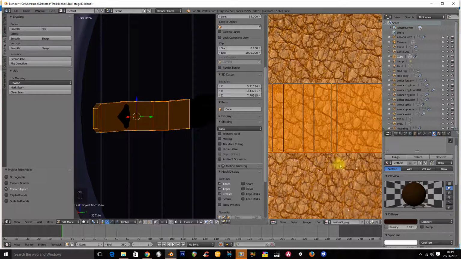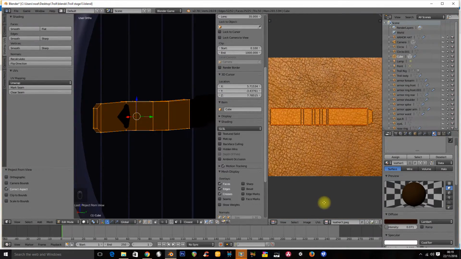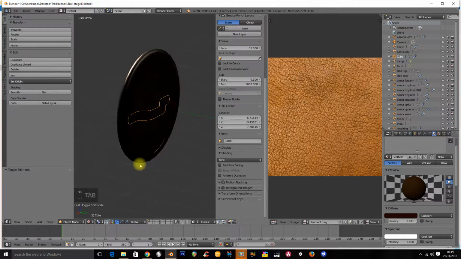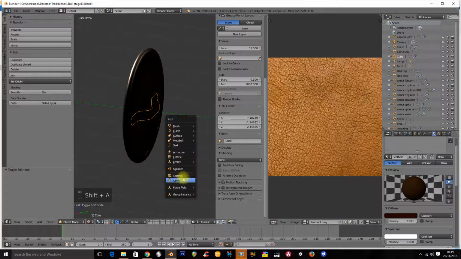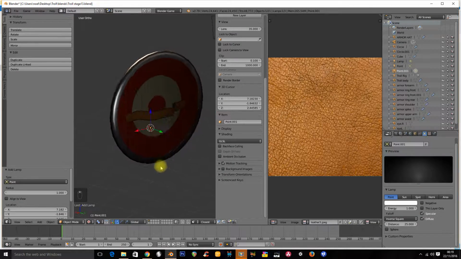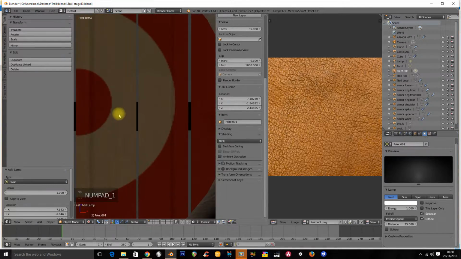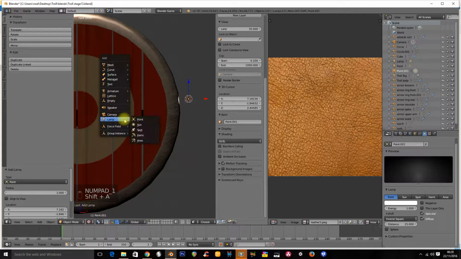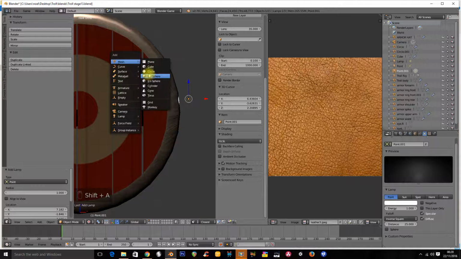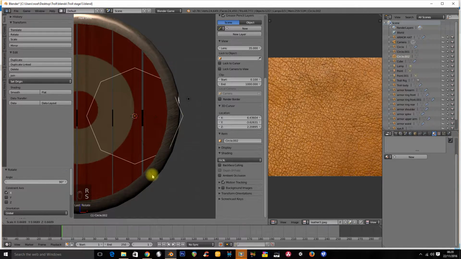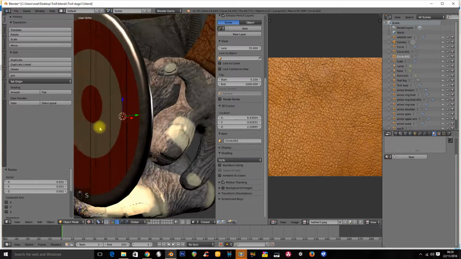I'll put this one in anyway. Leather 3. And so there's no light back there, so I'm just going to click here and add a point lamp so I can see what I'm doing. So that's fine there. And then if we just look from the front, what we'll do is we'll create a circle. Let's put 8 in this. I'm going to rotate it on X by 90 degrees. Let's scale it down. And these are just going to be sort of